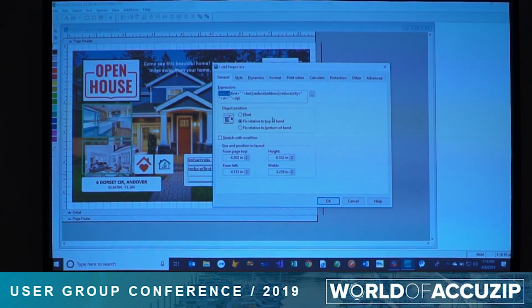We use this reduce. Reduce is a function that removes all of the spaces, not only at the beginning and the end of the words, but in the middle. So if you have extra spaces in the middle of your words, it'll trim everything out so there's only a single space between all words, and that's reduce. You can use, instead of using a plus sign and then adding a carriage return and a line feed between each one of these lines, all you do is put a semicolon, and that will automatically create a brand new